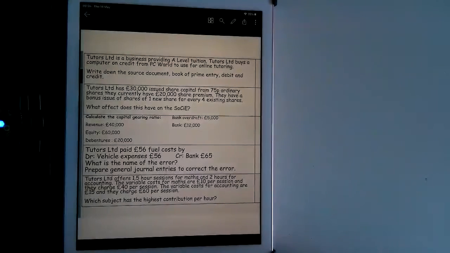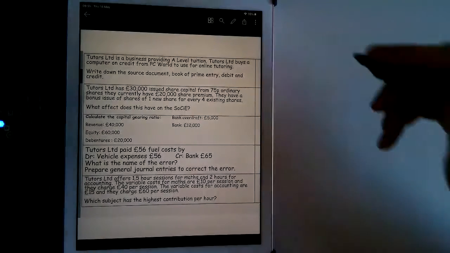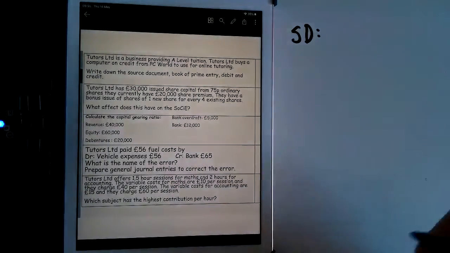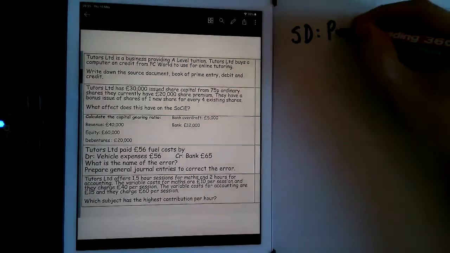Okay, so the first one, Tutors Limited is a business providing A-level tuition. Tutors Limited buys a computer on credit, so credit that's going to be key, from PC World to use for online tutoring. So PC World's their supplier, they're supplying computer on credit, so that's definitely going to be one of the accounts. So the source document, well, the evidence of a purchase on credit is the purchaser's